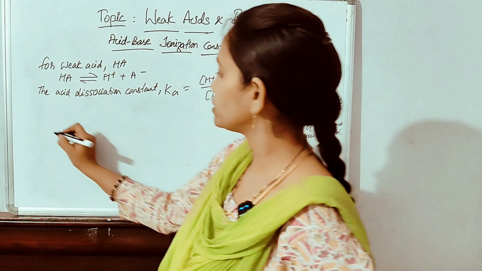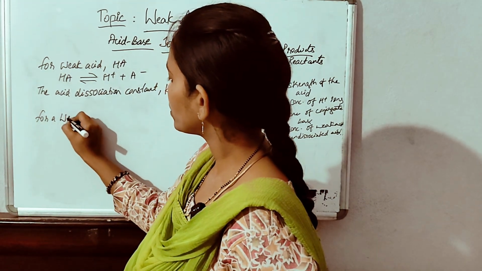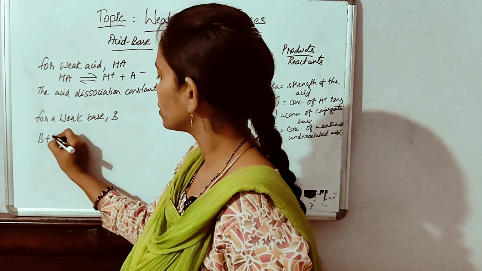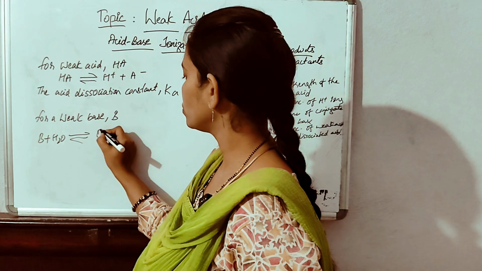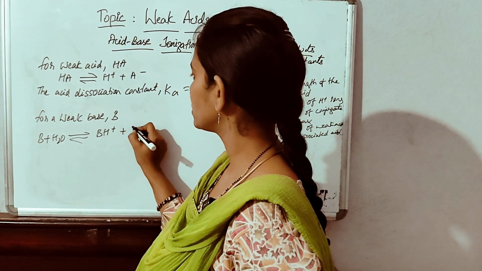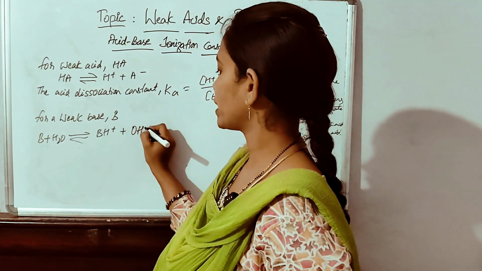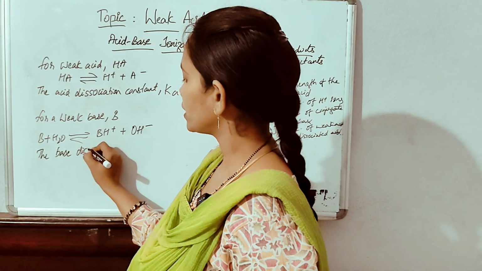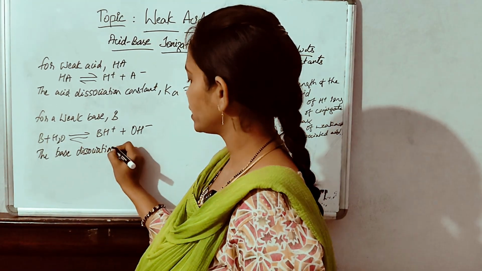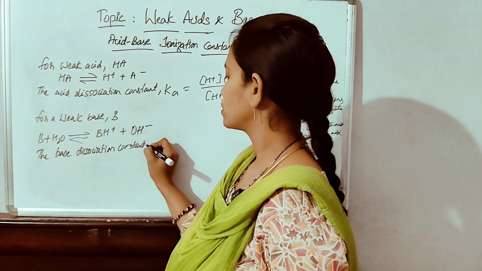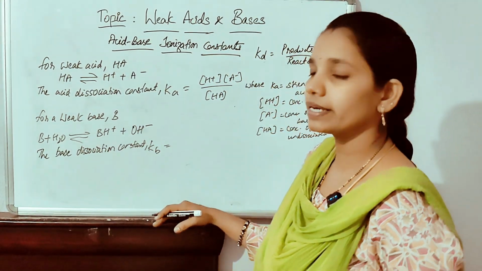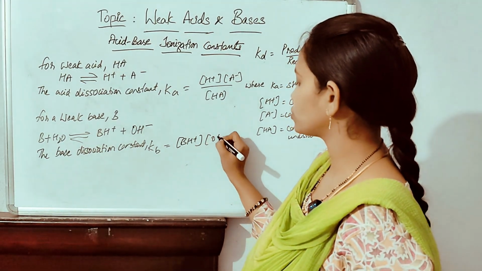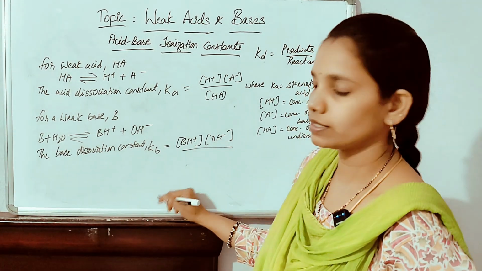Let's see for weak base. For a weak base, B, when it reacts with water, it dissociates into BH plus and OH minus ions. So the base dissociation constant Kb. Again, products by reactants. What are products here? Concentration of BH plus into concentration of OH minus ions by reactants B,